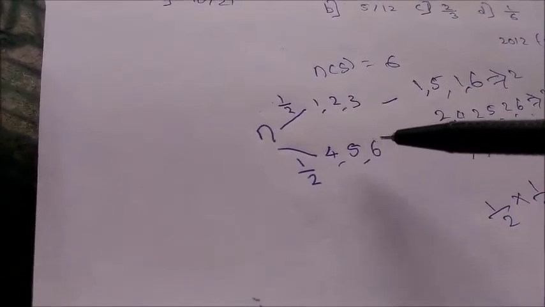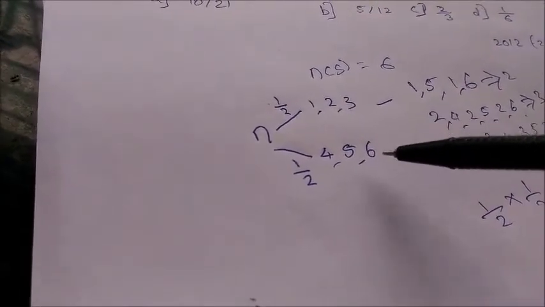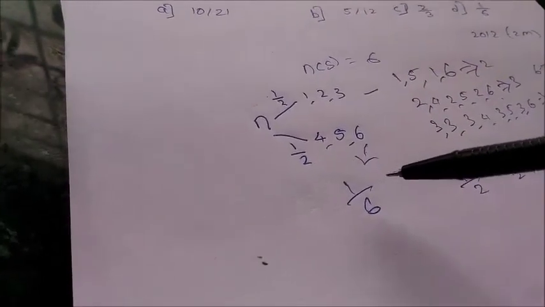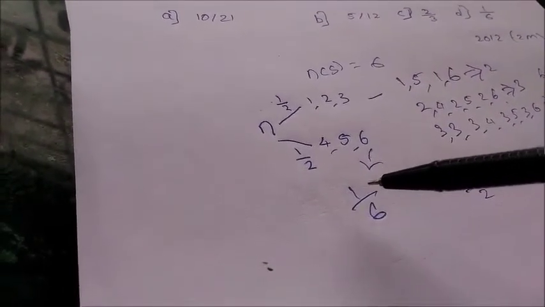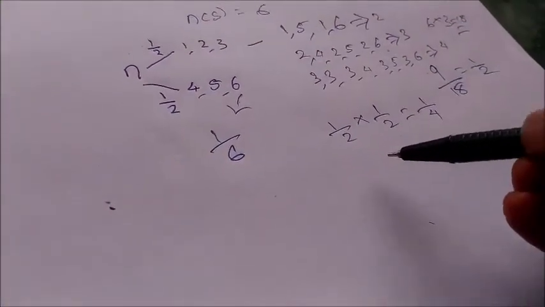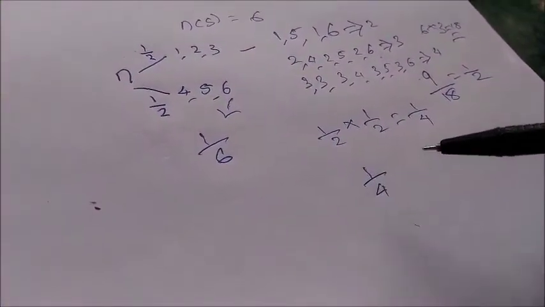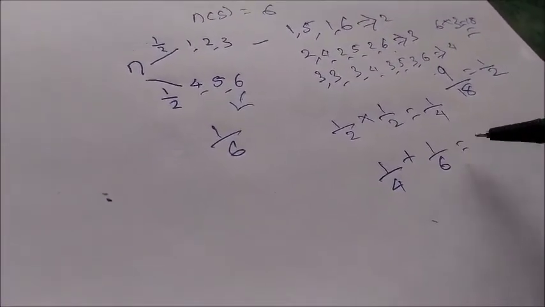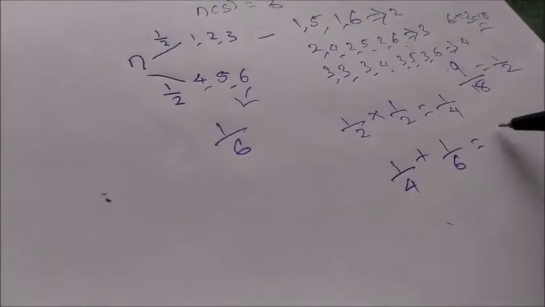If 4 or 5 we can't. So out of these 6, our sample space is 1 out of 6. If directly 6 comes, we could take that value as well. That's why our probability is 1 by 6 for this event. So if we do a summation of these two, 1 by 4 plus 1 by 6, we get something around 10 by